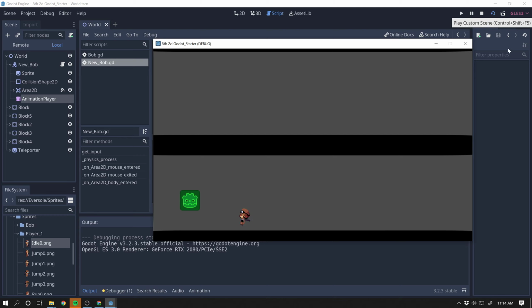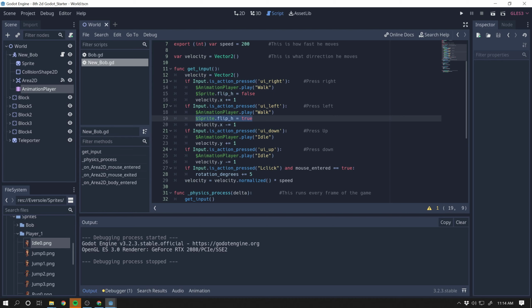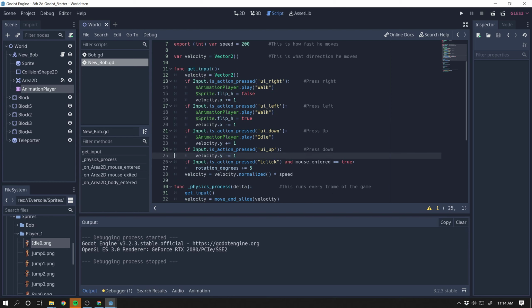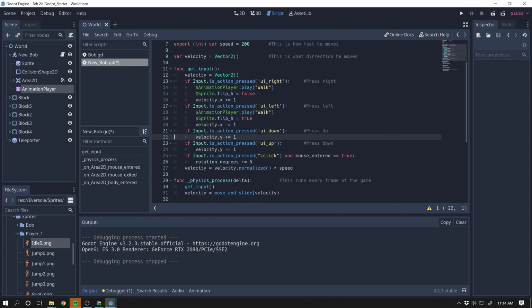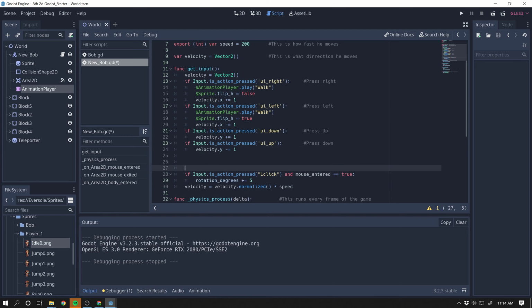All right, so now we need to make it play idle whenever we're not pushing a button. So here's what we can do. Let's get rid of this. Let's get rid of this. And I'm going to try this on the fly. It's going to be something really close to this. So we're going to say if